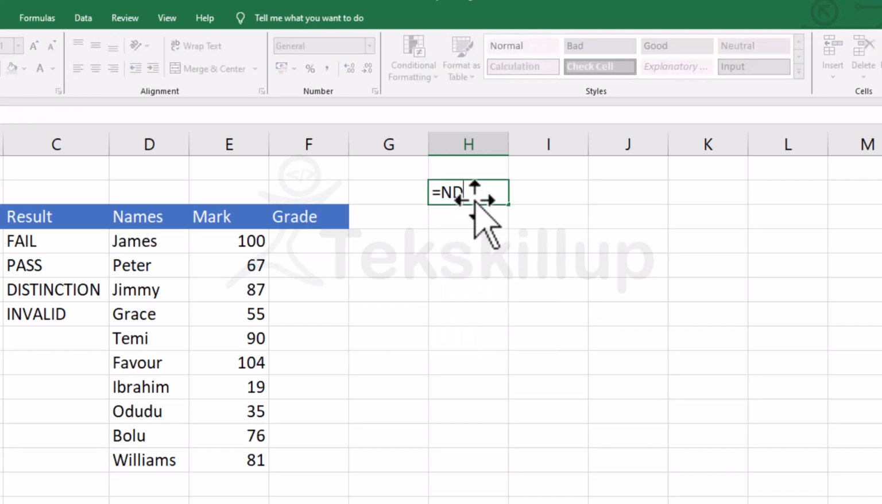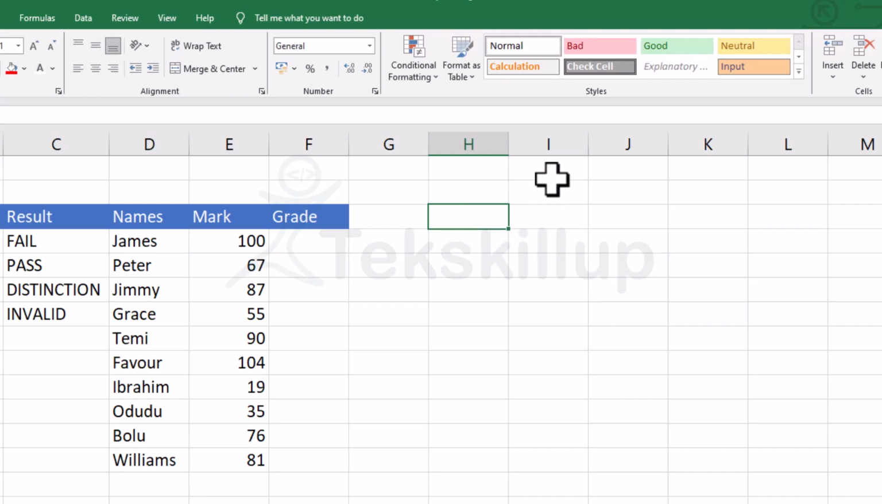So AND, please use your keyboard, AND, open a bracket, then we have logical one. But before that, let us first fill a cell, and then this is how it works. The AND function works just like the AND statement, and also we have what is called the OR statement. So if two conditions are satisfied, if two are true, let's say for example, if we are looking at